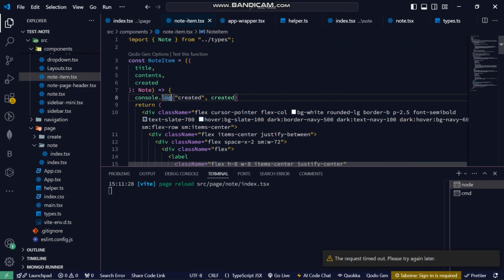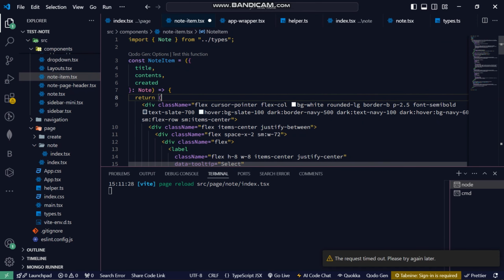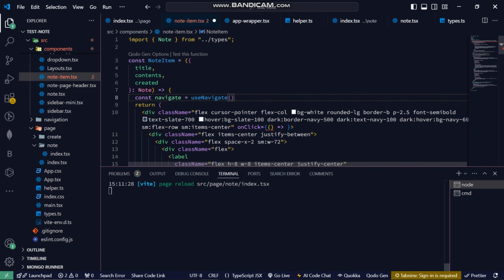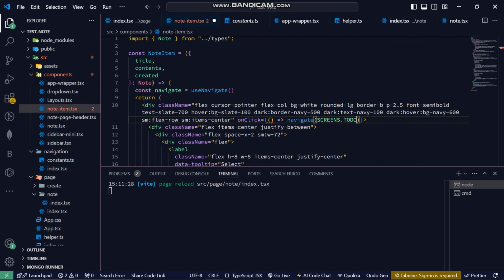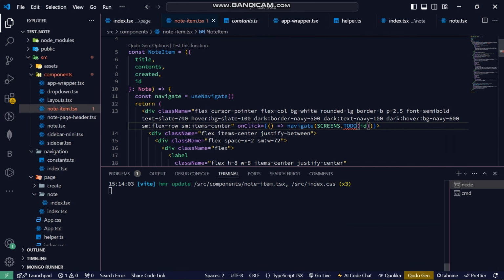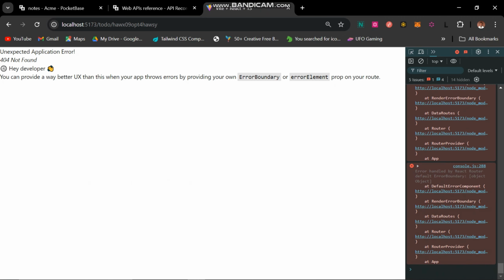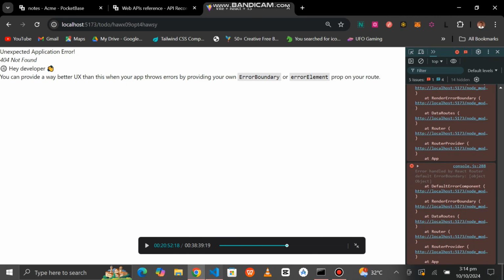Let's navigate back to components/note-item.tsx and add an on-click handler for the wrapper div that wraps all of this UI. We'll import the useNavigate hook and set up a navigate function inside of this component. Inside the on-click handler, we'll call the navigate function and pass in the path to the note page. It's the ID of that note, okay? Now, anytime we click on a note item on the home page, it takes us to the page to view the note details, but we get a 404 error of not found because we have not set up a route handler for that in our navigation